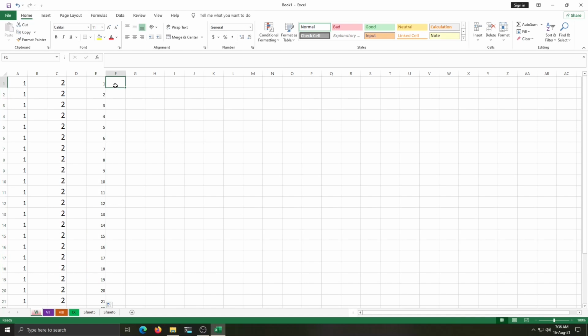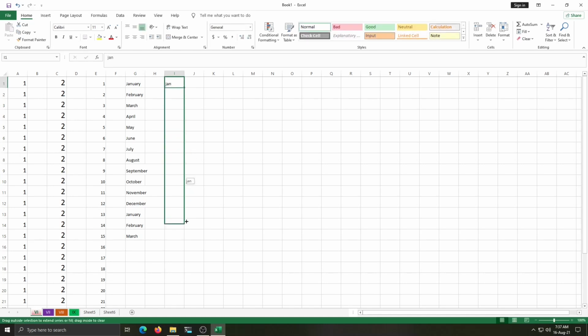This is called autofill. There is some default data added in Microsoft Excel, like January. This is a month name. If I click on that and drag down, the names of months will display here. If I write the name in small short form and drag it down, the names of months will display.